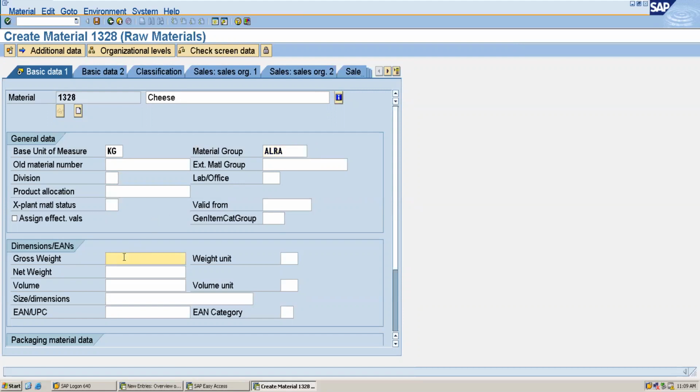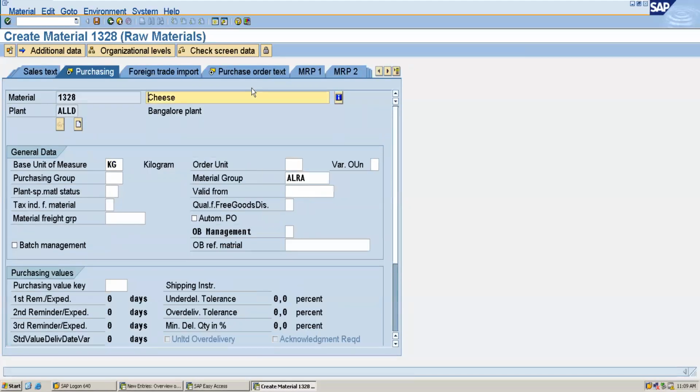You can give the gross weight. Including the package, the gross weight is 1050, the net weight is 1000, and the weight unit is kg. You can give the purchasing group.